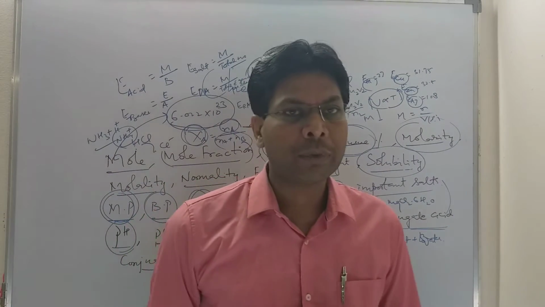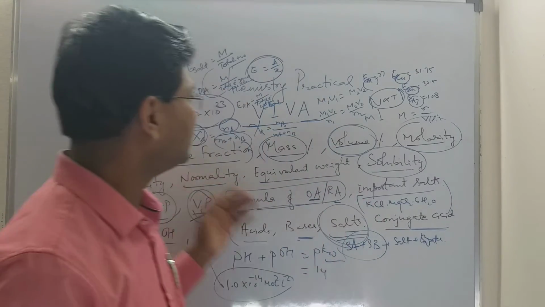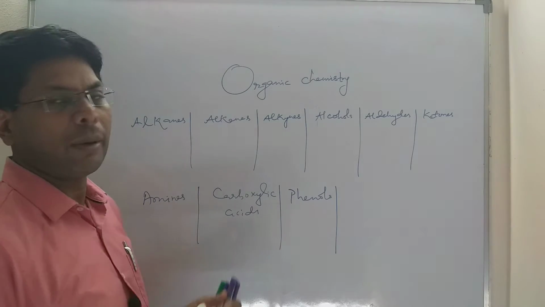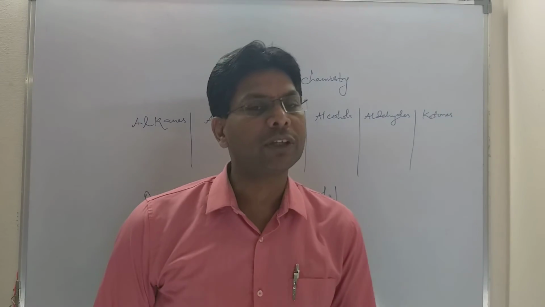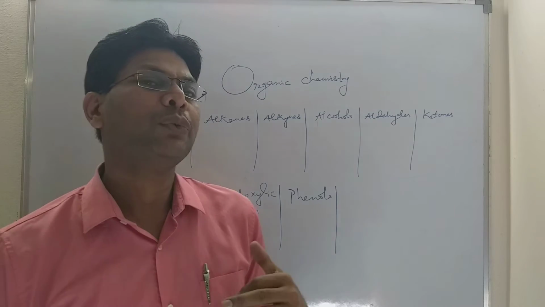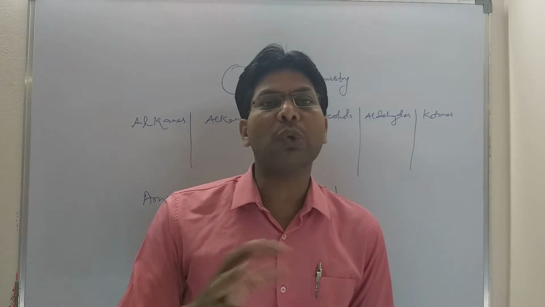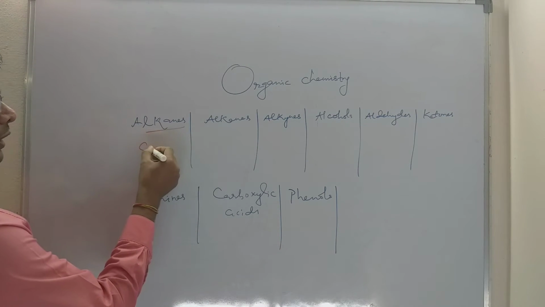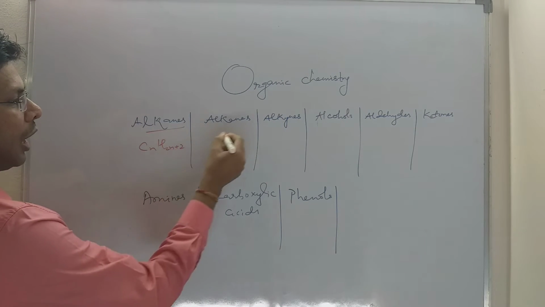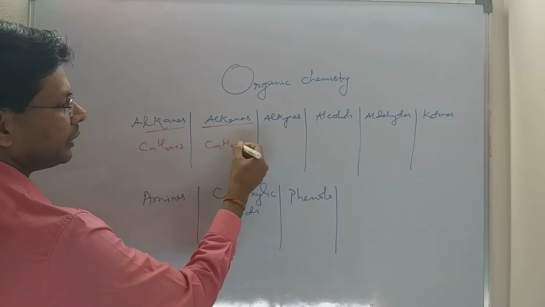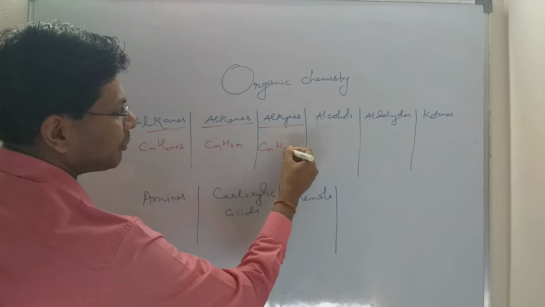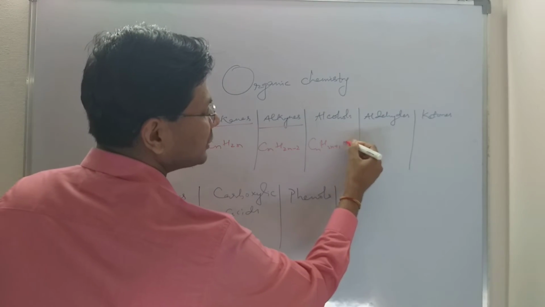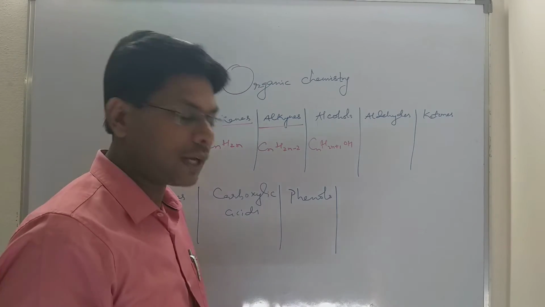And the organic part I am now discussing. Now coming to organic parts. Generally the determination of functional groups is asked, how you will be able to distinguish two or more compounds. Like suppose if they ask you what is the general formula of alkane, you can write CnH2n+2. What is the general formula of alkene? CnH2n. What is the general formula of alkyne? CnH2n-2. What is the general formula of alcohol? CnH2n+1OH. This is for saturated alcohols. There are unsaturated alcohols also.